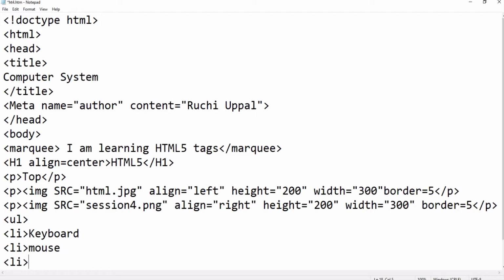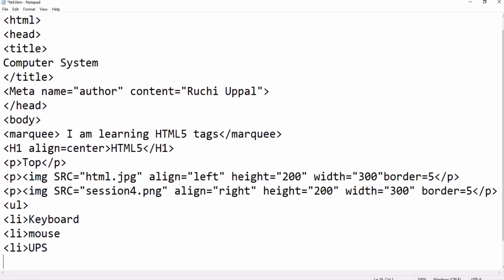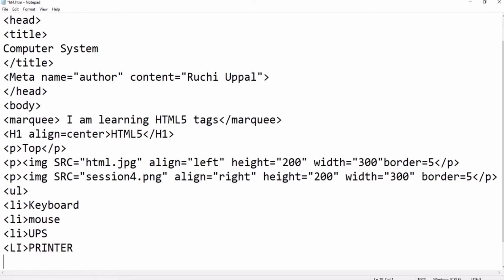Then LI, after that you will write UPS. Then LI, and after that let's write printer. Just suppose I am having these things, or you can write more if you want.